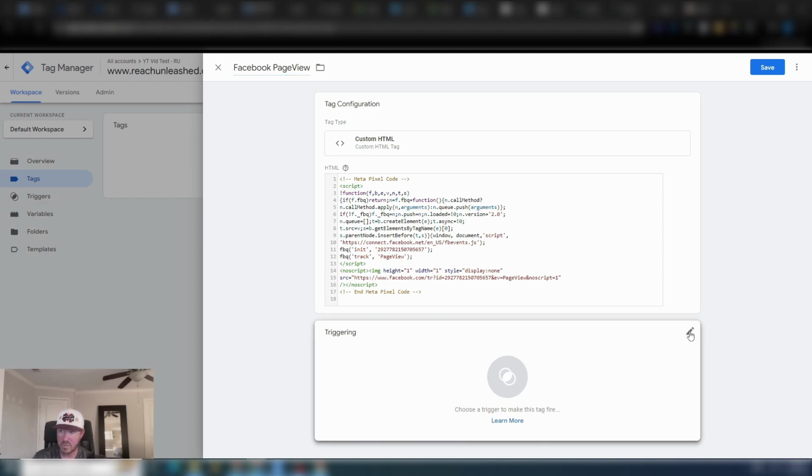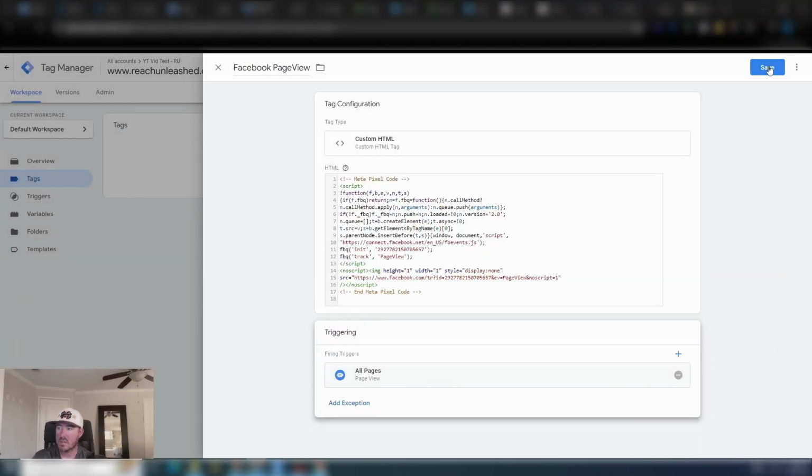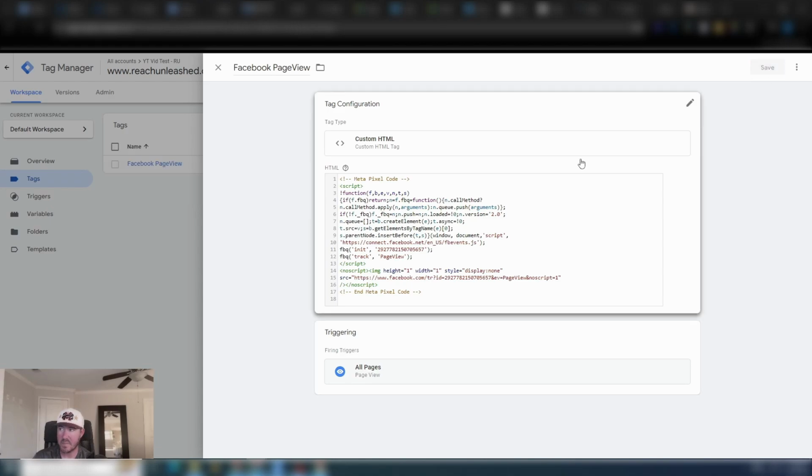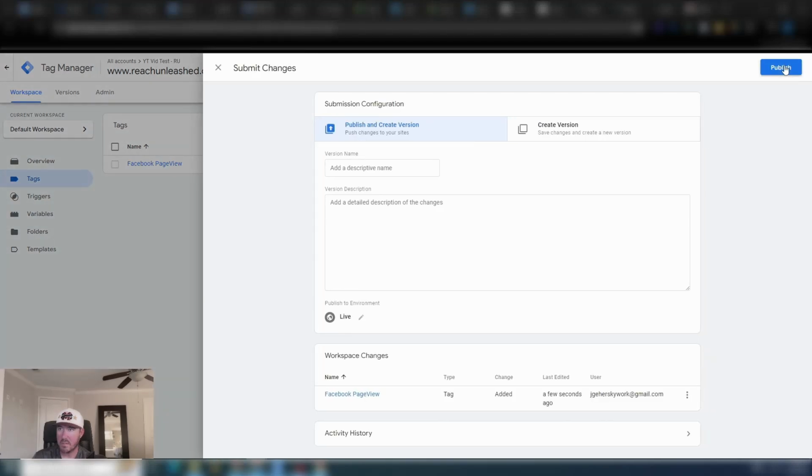And so what we're going to do is create a trigger. And we're going to choose all pages, which is already set for you here. On all pages, I want this JavaScript to fire. So now it's acting the same as just putting it in the header of my site. This is going to fire every time a page view happens on my website. But I do need to save it, publish it,